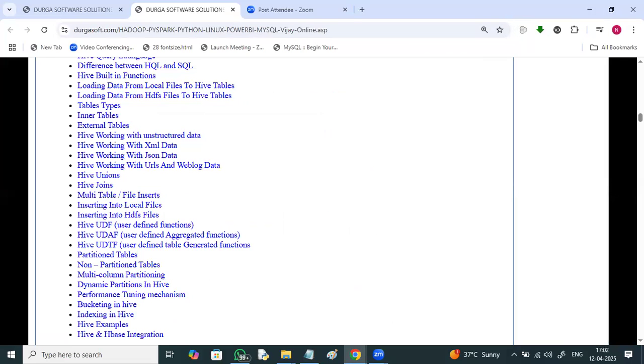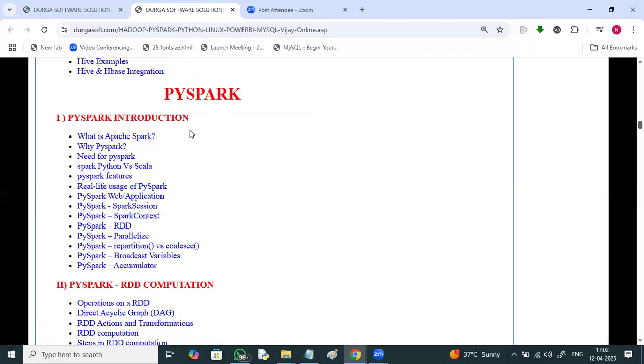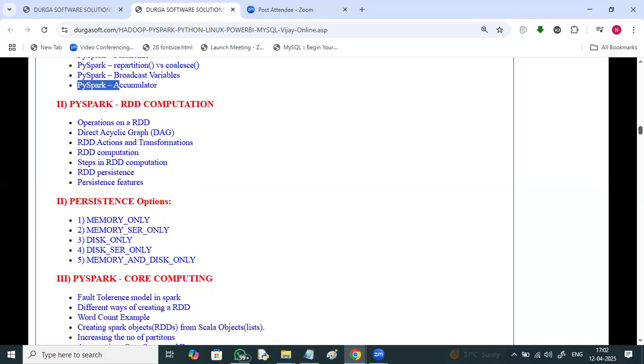And coming to the major component, PySpark. PySpark introduction, PySpark features, PySpark and Python, Scala, PySpark session, PySpark context, parallelizing, repartition, broadcast variables, accumulators, PySpark RDD computation, operations on RDD, directed acyclic graph, RDD actions and transformations, computation steps in RDD.